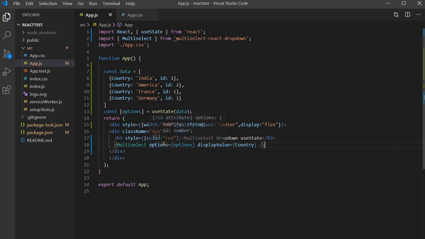What we are doing here is creating the multi-select drop down with the options we have in our useState, and it is coming from the data as we are passing the data to the useState hook.